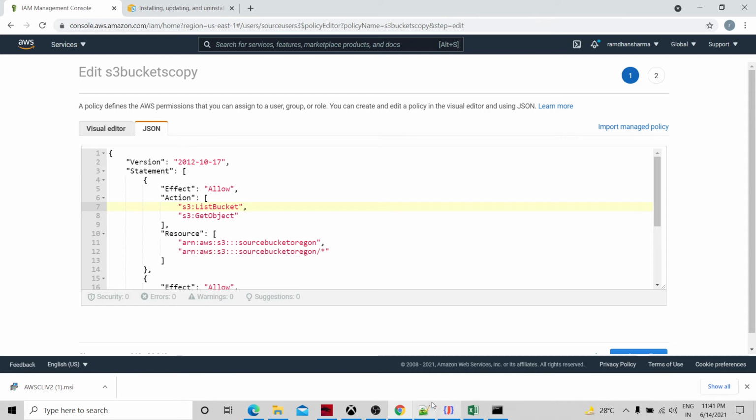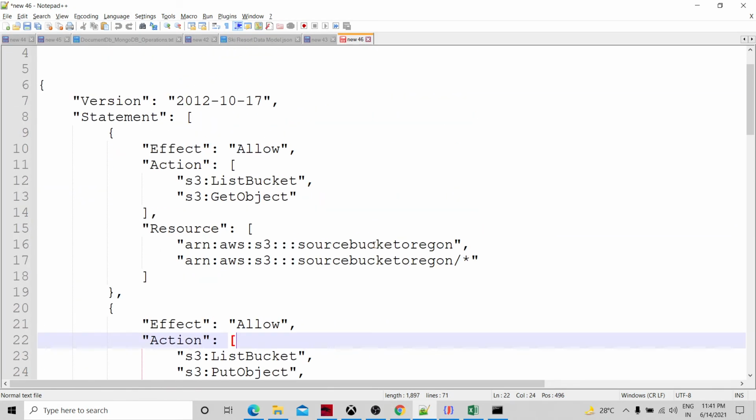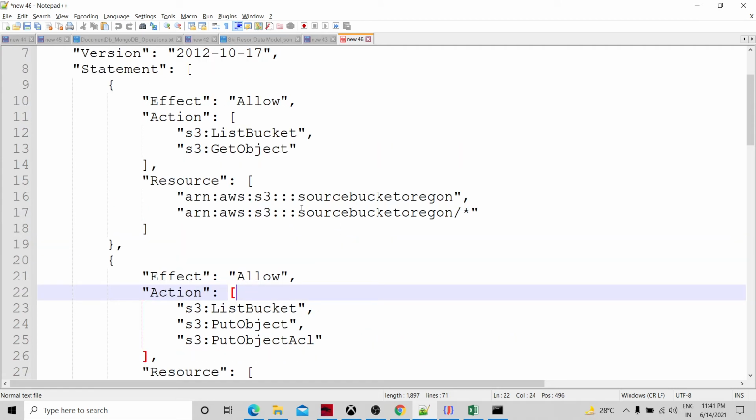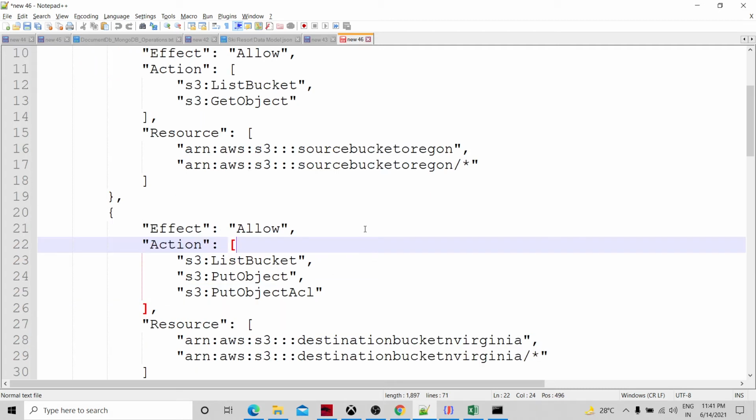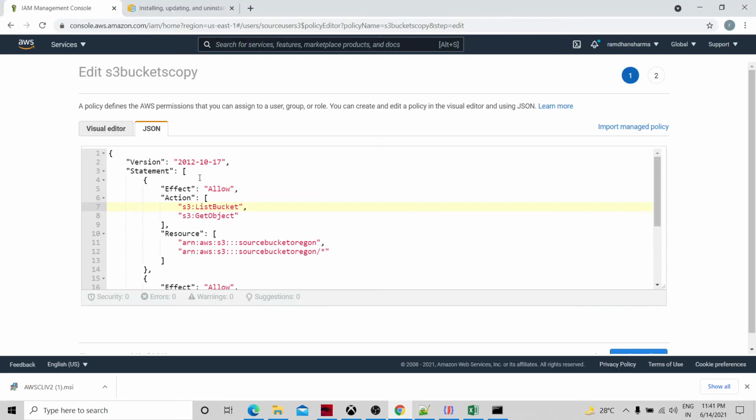Whenever you are going to copy cross account, in the source account you need to allow the source bucket to list and get object, and for the target bucket you need list bucket, put object, and put object ACLs, access control list. You need this in your source user.